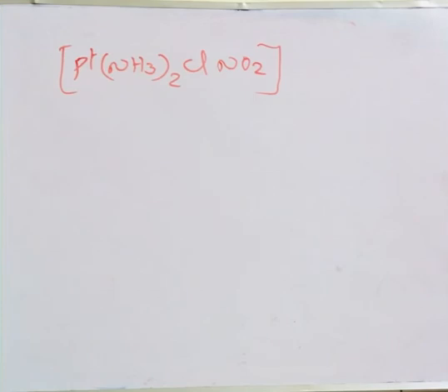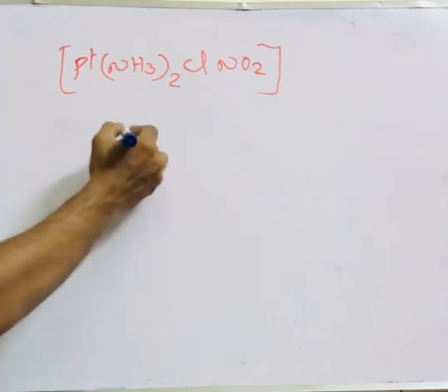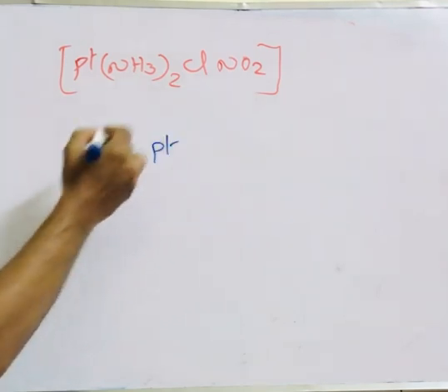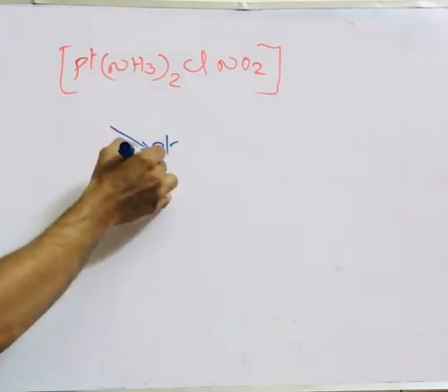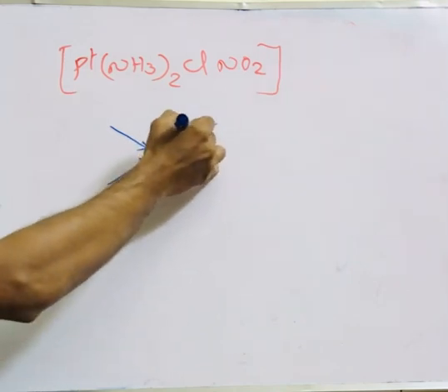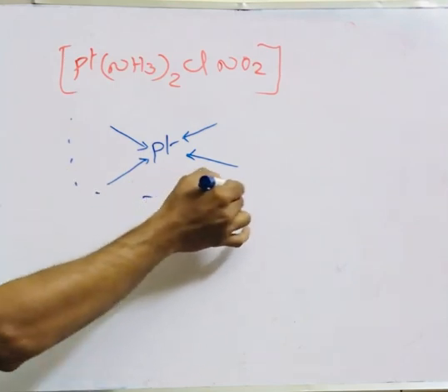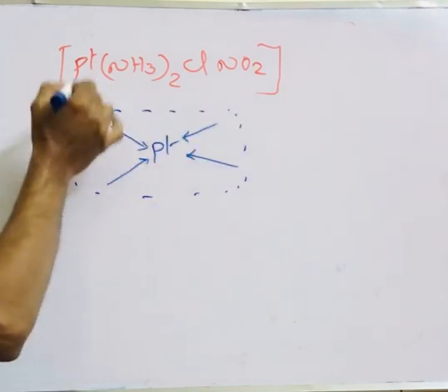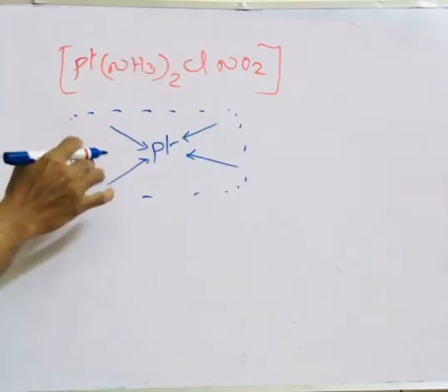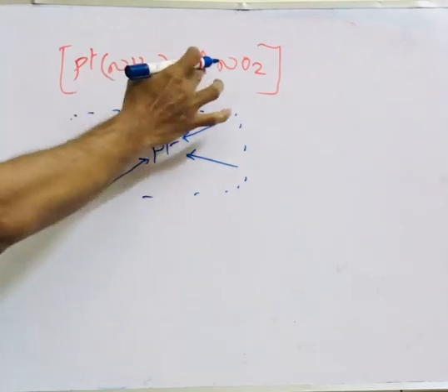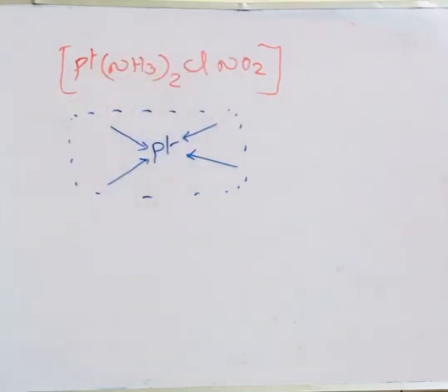It is mostly square planar or tetrahedral, but this will be square planar. So you have to put it like a square, platinum with the 4 corners of a square. That's why after writing they will also represent it like this to find out the structure. Now you need to have ammonia, Cl and NO2. Similar groups are ammonia. So you put both ammonia on one side, and both ammonia on opposite sides.